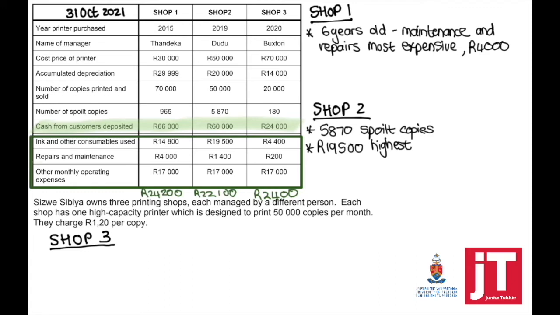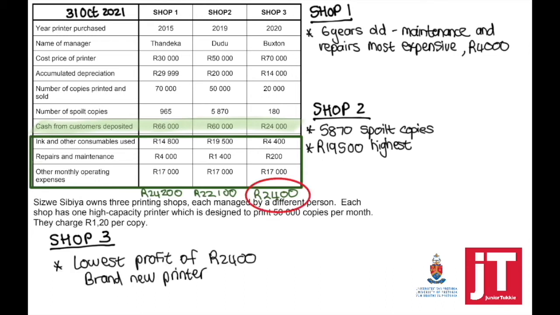So if I look at shop number 1, it made a profit of 24,200. Shop number 2, 22,100. But shop number 3 is making the lowest amount, 2,400. Yet again, they've got a brand new printer and they're making the least amount of copies and the least amount of profits. So now that we've looked at all of the different information given to you, we can go to our answer booklet